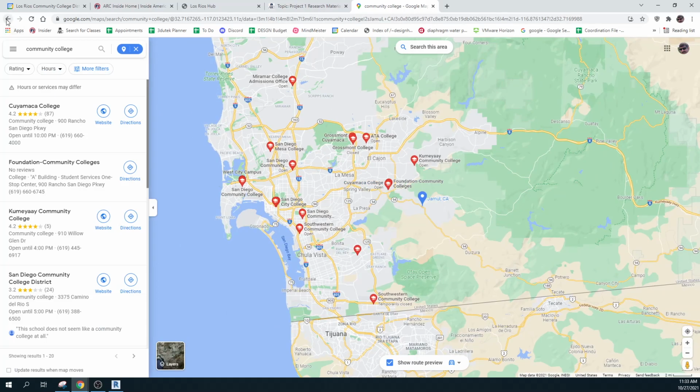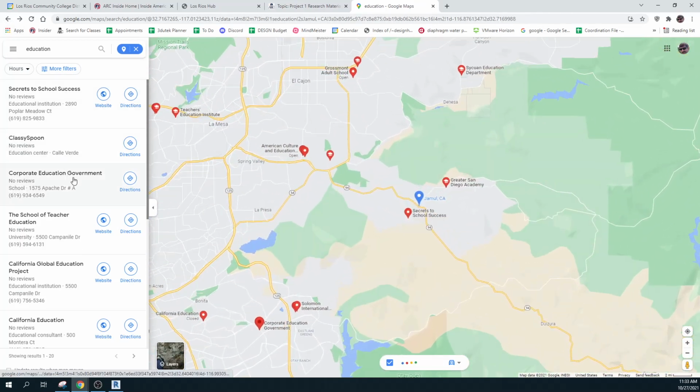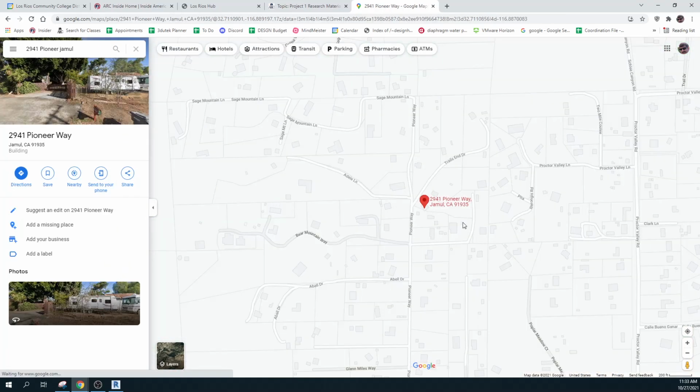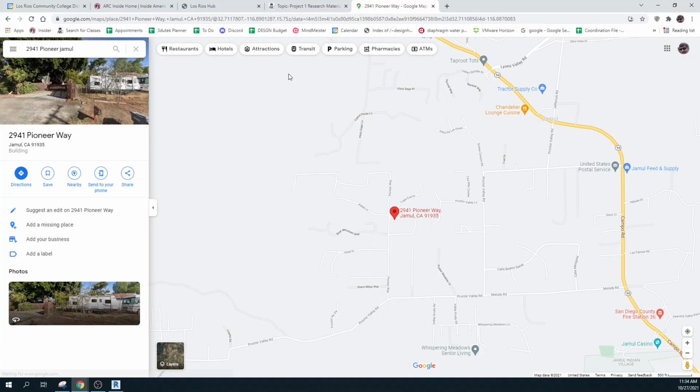It's not too far away, actually. And then here's the cool thing. If you look up 2941 Pioneer, Hamul,